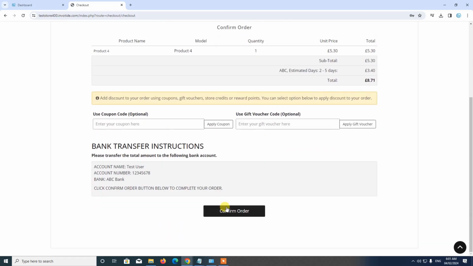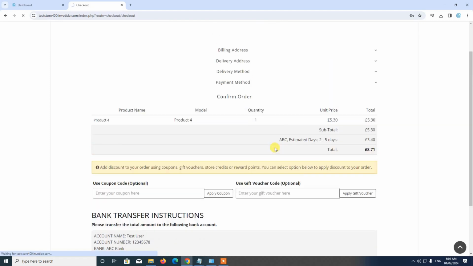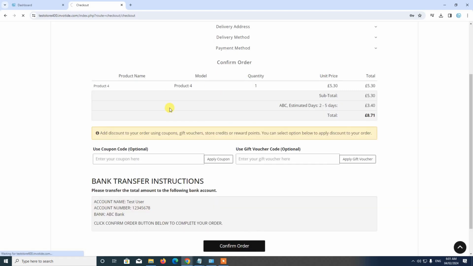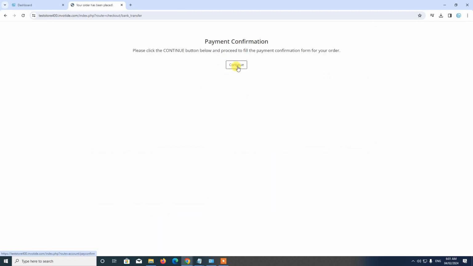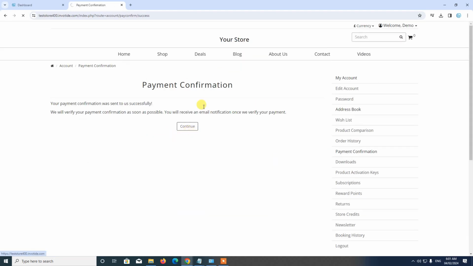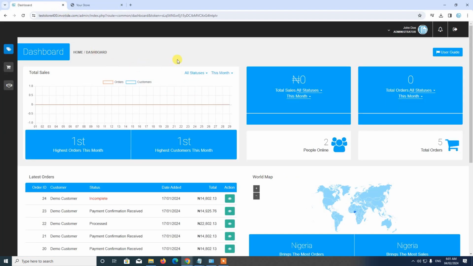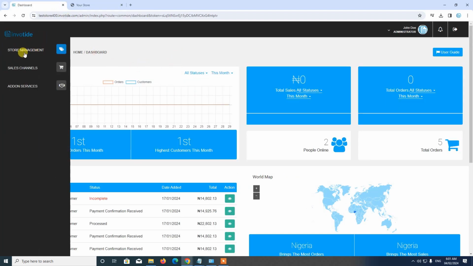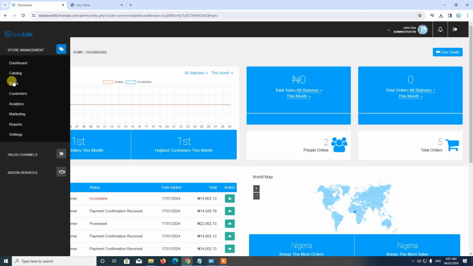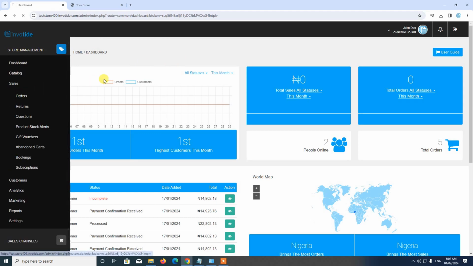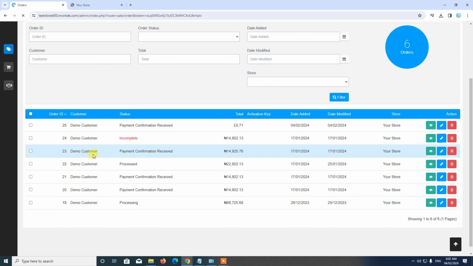So let's go ahead and place the order. All right, so the order has now been placed. If we go back to the admin panel, to view the order, we navigate to store management section, select sales, select orders. So you see that since we used the pound currency to place this order,